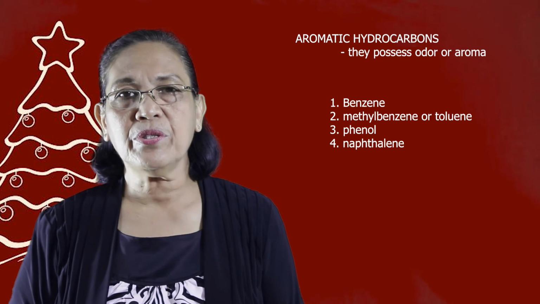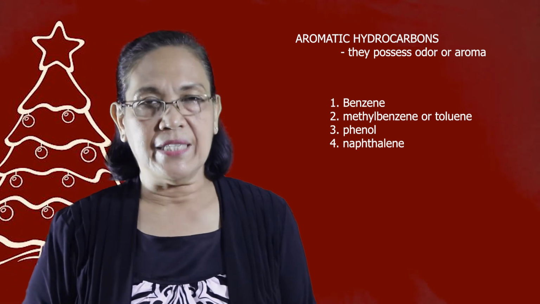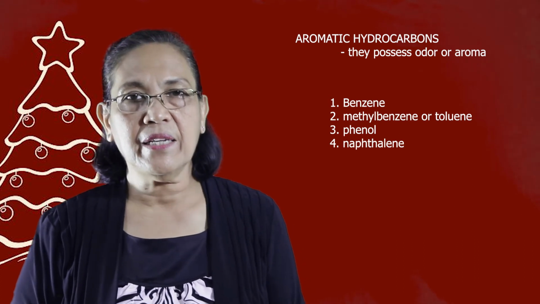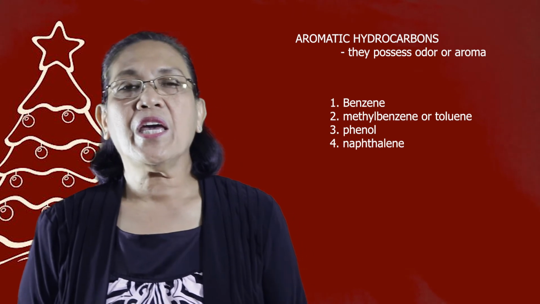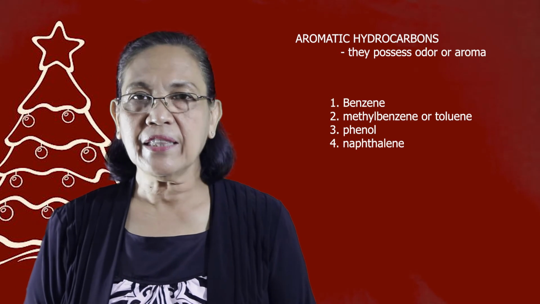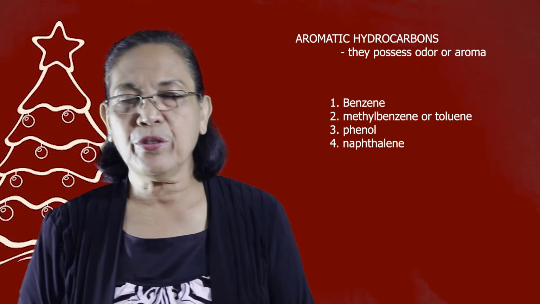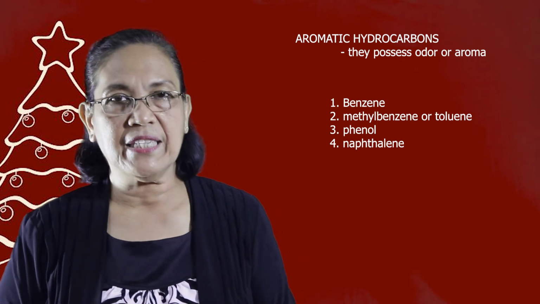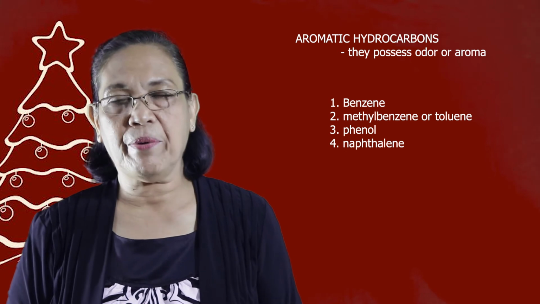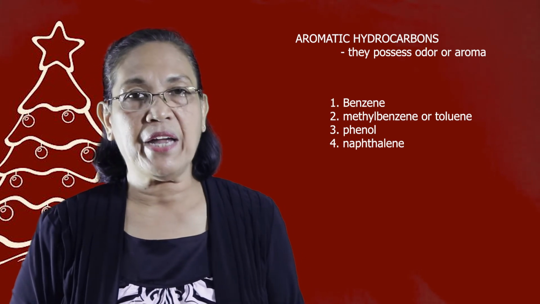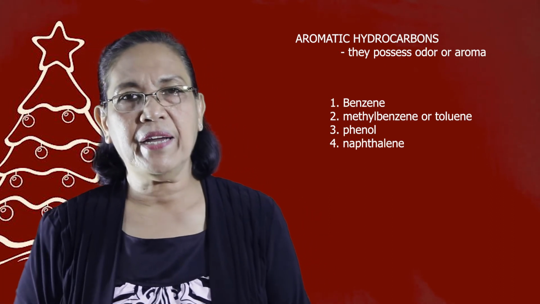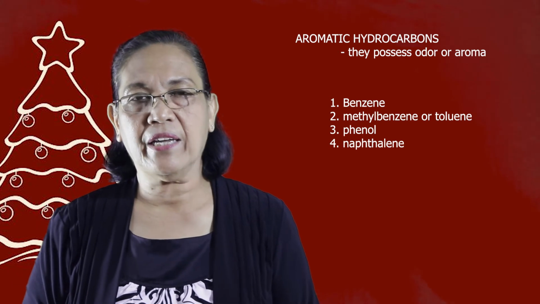And if we fuse 3 benzene rings such that one benzene ring is superimposed on the second benzene ring, then this is called phenanthrene. If we fuse 4 benzene rings, this is called tetracycline. And if we fuse 5 benzene rings, and one of which is superimposed above the 4th benzene ring, this is called benzpyrene. Now, all these aromatic hydrocarbons are, by the way, carcinogenic, meaning